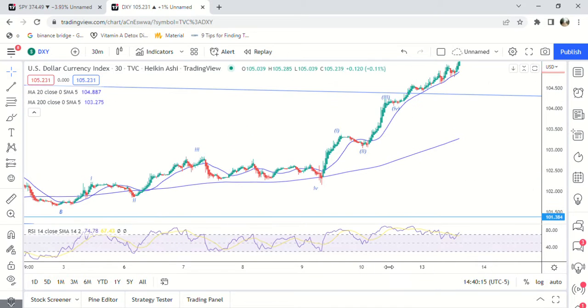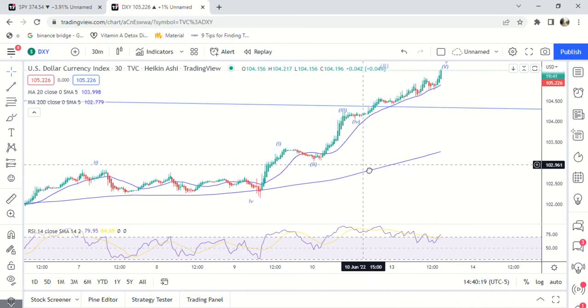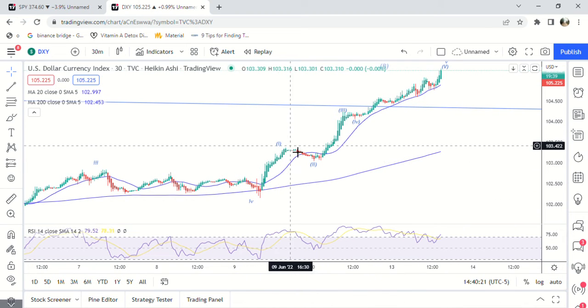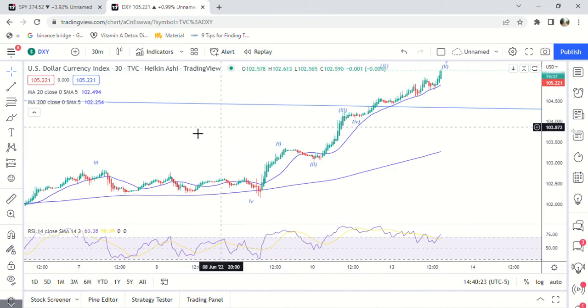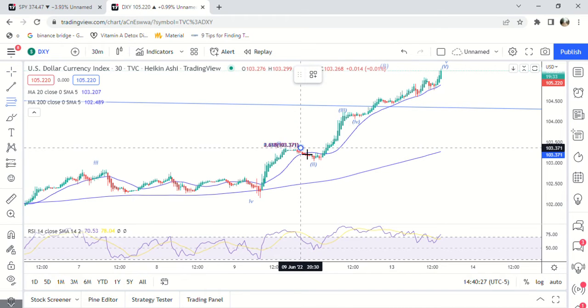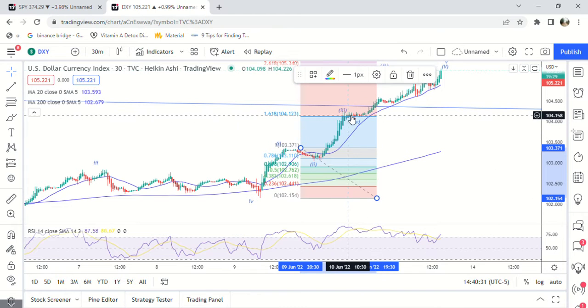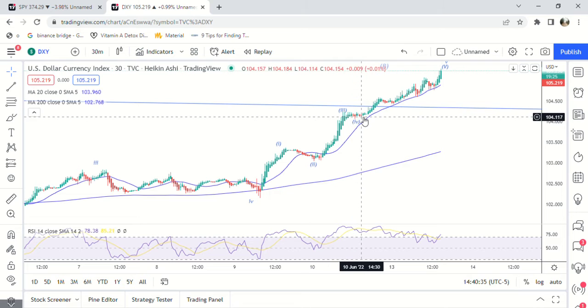We have 1, this is an extended fifth wave, definitely. 1, 2, and if you take the fib retracement tool, you'll see that the third wave basically hits right at the 1.61 fib. You see a few red bars right in there.